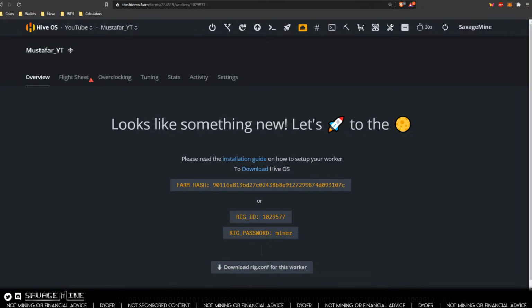Let's do a flight sheet first, because it's kind of better to have something for this rig to do on its first boot rather than some default stuff. So the first thing, we're pretty much done with the USB. We're just going to take that to the rig,